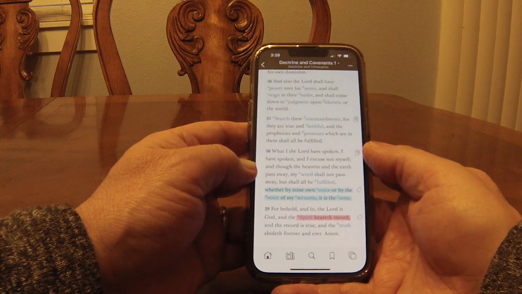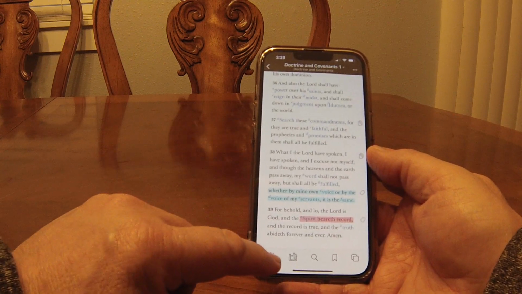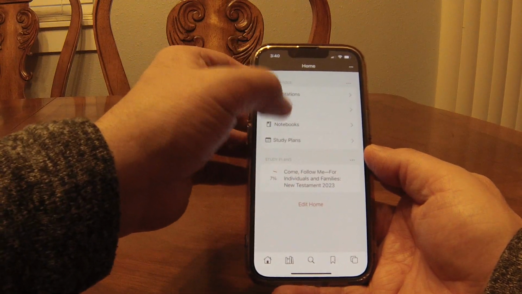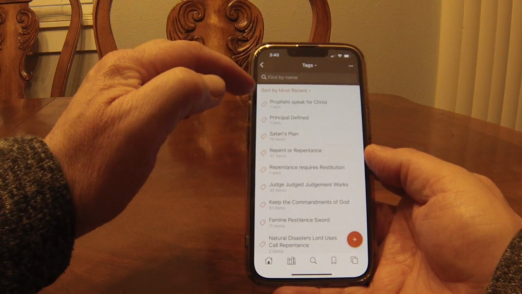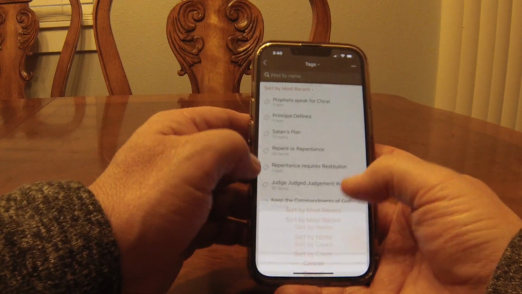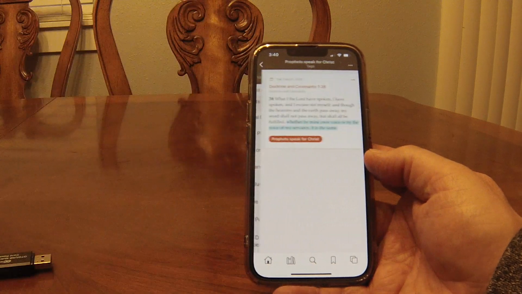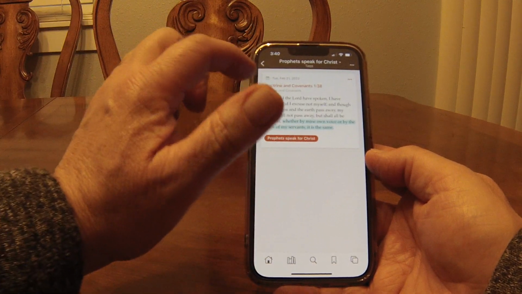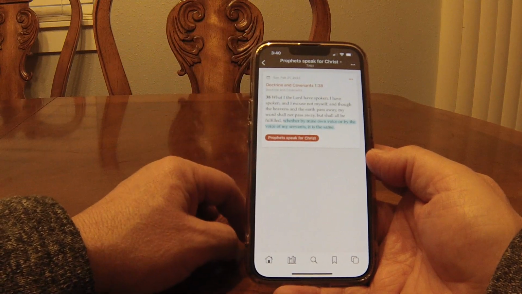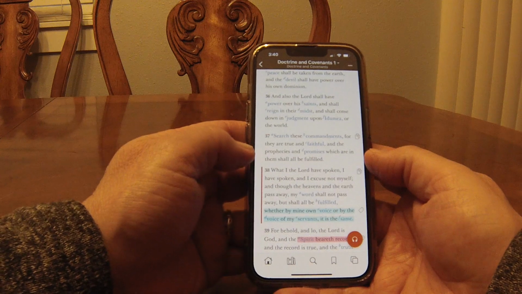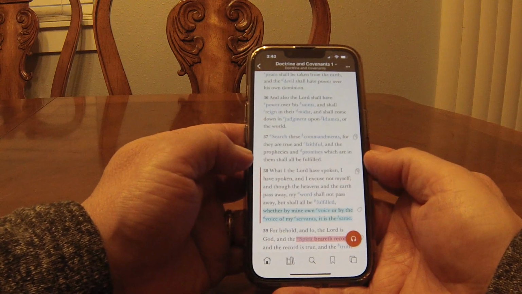So how do you find the tag? So we're going to go to the home screen down here at the bottom and we hit tag. So you can edit the home screen is what you look like. Here's a tag. So I have mine set up sort by most recent, and you could change that however you want, but I want sort by most recent. So prophets speak for Christ. So there's the verse. Here's the tag, prophets speak for Christ, and it has Doctrine and Covenants section 1, verse 38 in there. So I can look at it right there, or I'm going to tap into it, because now that I have that verse, I want to